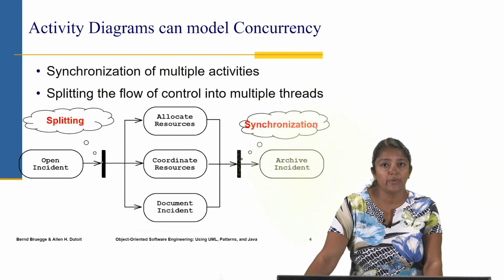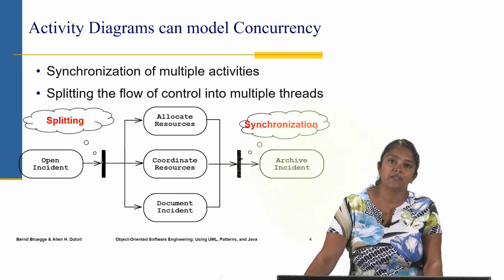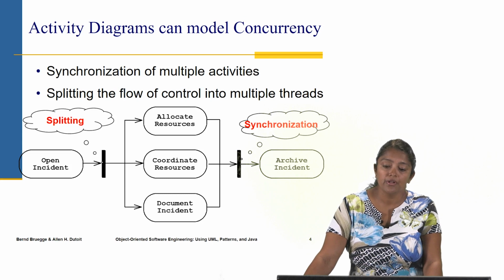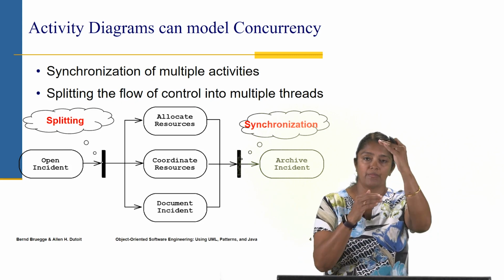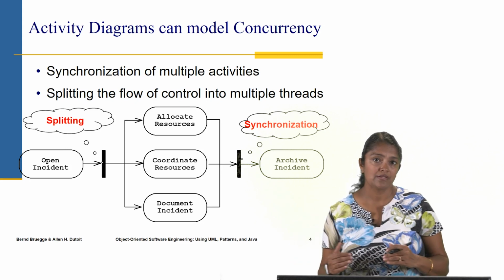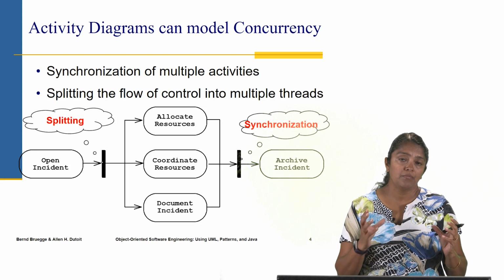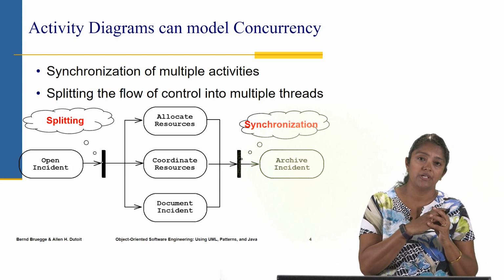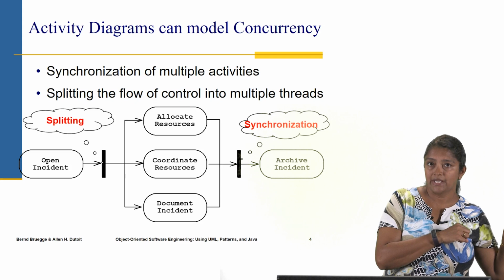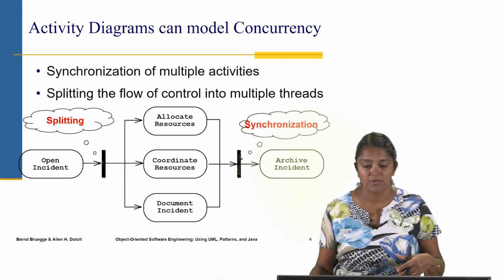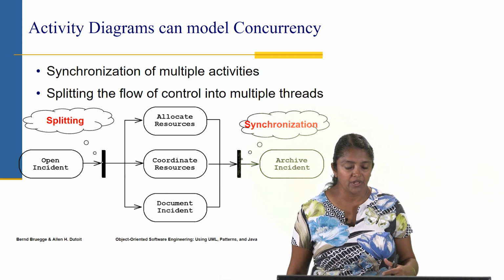Now, a few more things that we can do with activity diagrams: we can model concurrency. So basically, if synchronization is needed for multiple activities, that can be shown by splitting the flow of control. The flow of control can be split into multiple threads, so that some activities happen in parallel at the same time, and maybe the results of those activities need to be synchronized before the next activity occurs. That's possible through the split and